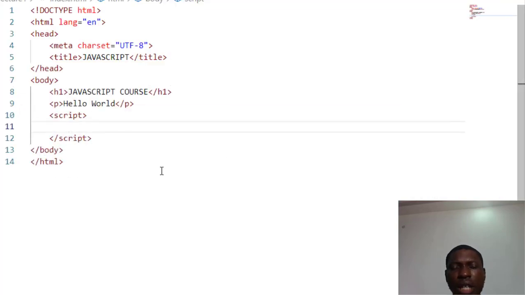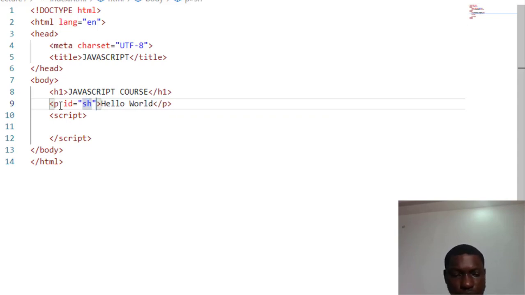Okay, now to do that, I would first need to give my paragraph an ID like so, and I would just call the ID something like show. Okay, so I'm going to reference this ID show inside my JavaScript like this.